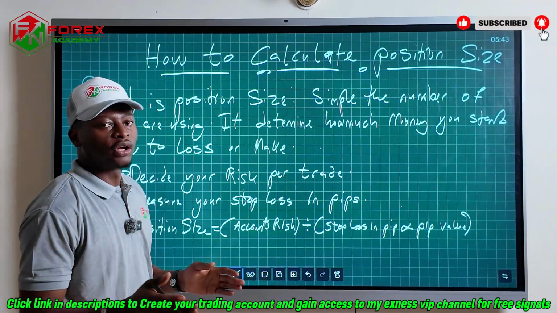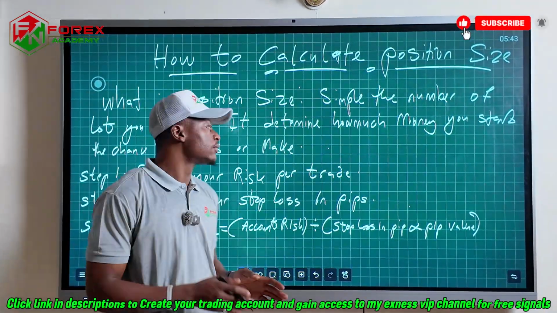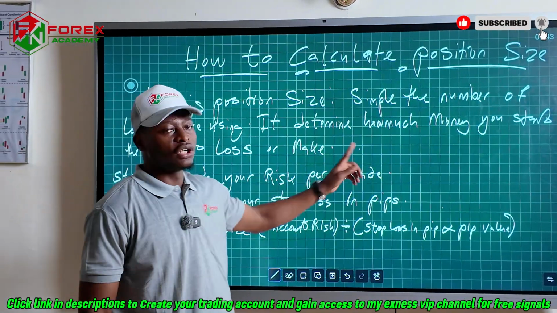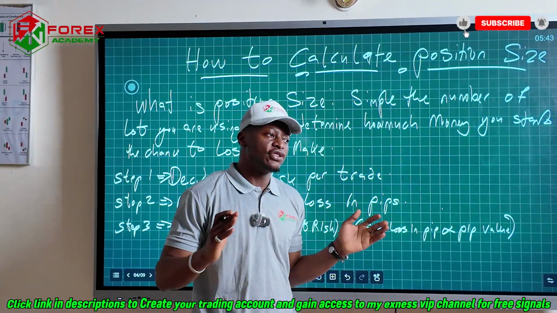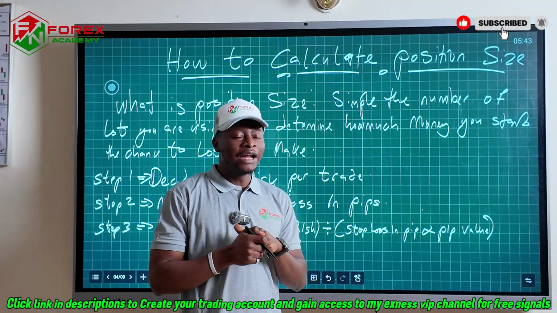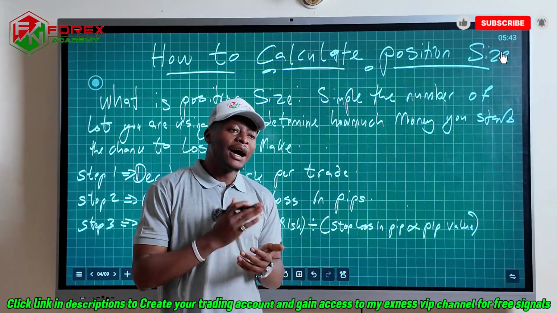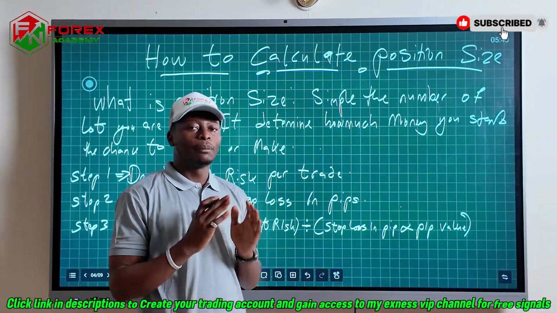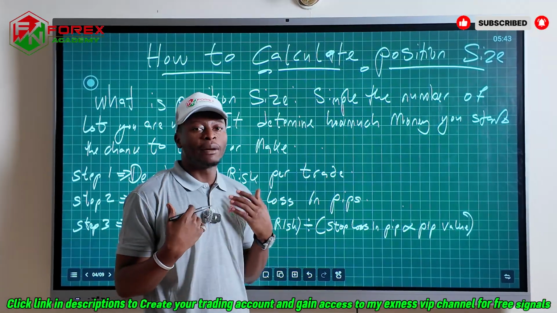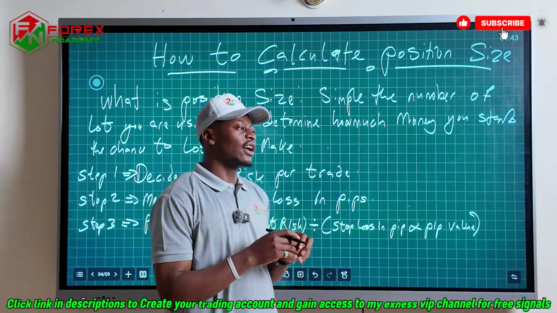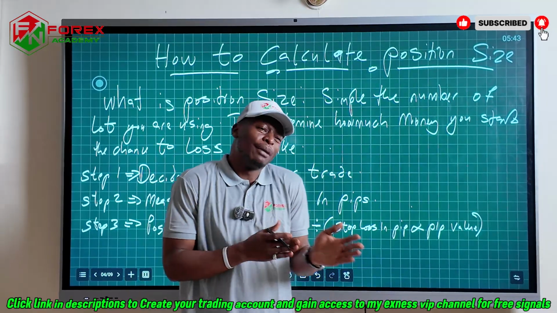How do we use our position size? The first step here: decide your risk per trade. You have analyzed your trade, yes. Your strategy is good. Now, what next? How much am I risking on this particular trade? And personally, I'm going to advise, as most mentors always say, risk 1% of your account